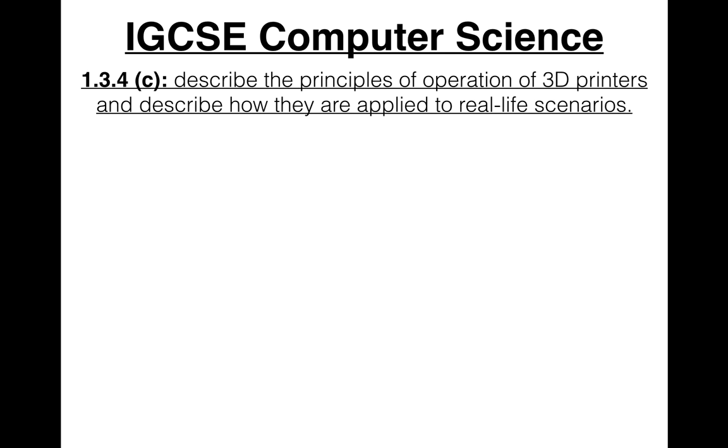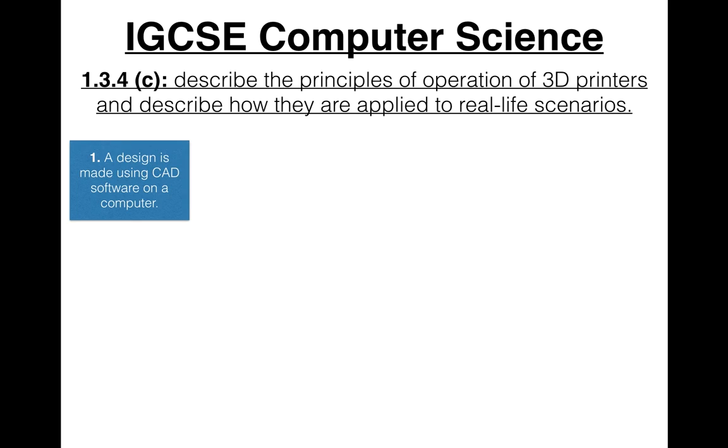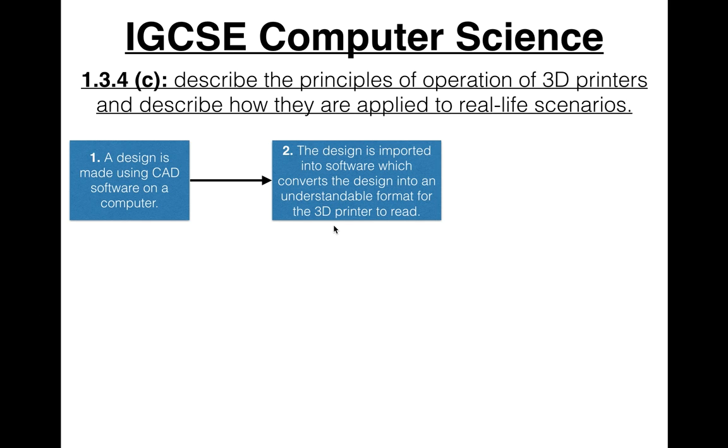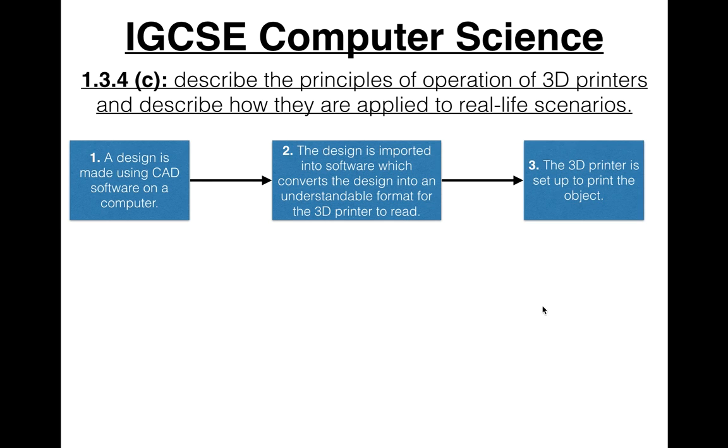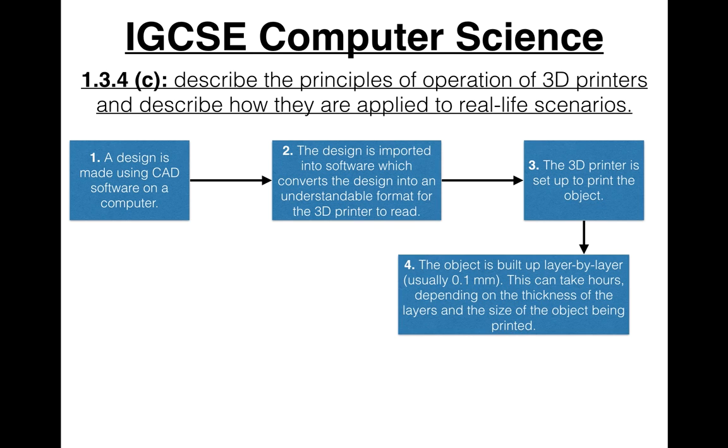Here are the steps involved in 3D printing. A design is made using computer-aided design software on a computer. The design is imported into software which converts the design into an understandable format for the 3D printer to read. The 3D printer is set up to print the object. The object is built up layer by layer. The layers are usually 0.1 millimeters, but this step can take hours, depending on the thickness of the layers and the size of the object being printed. So if you imagine how slow an inkjet printer is,